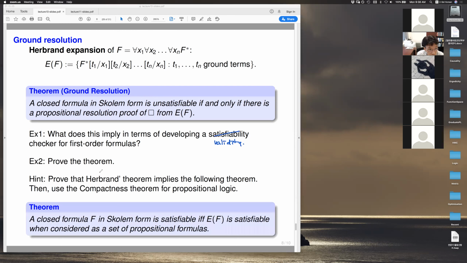The second exercise is to actually prove this theorem. And to prove the theorem, as I said in the hint, you can use Herbrand's theorem. So that's one thing that you have to use. The second thing that you have to use is the compactness theorem for propositional logic. And you might wonder why it's okay to apply the compactness theorem for propositional logic when we are dealing with a first order logic formula. And that is okay because of what I told you a few times before,